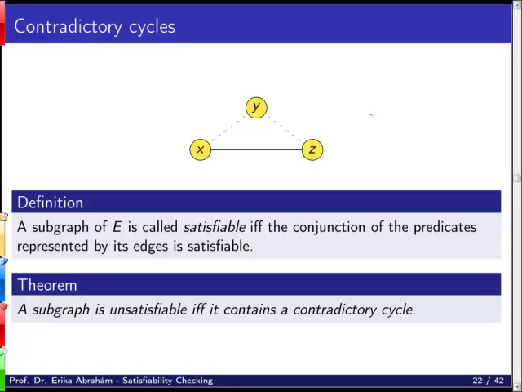How? Let's say I had the formula x equals y and y equals z and x does not equal z. For this formula, phi,